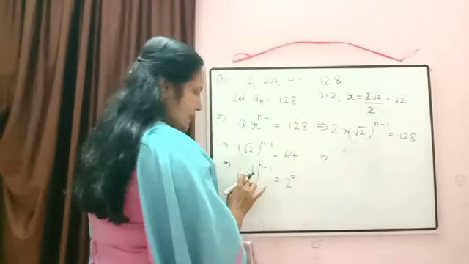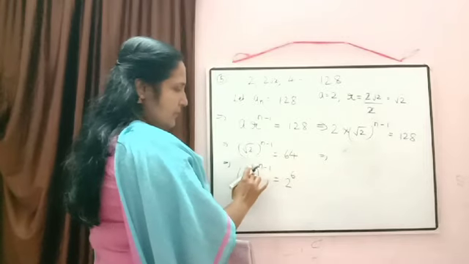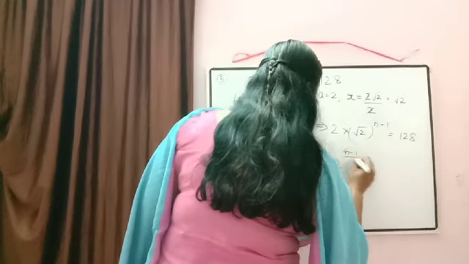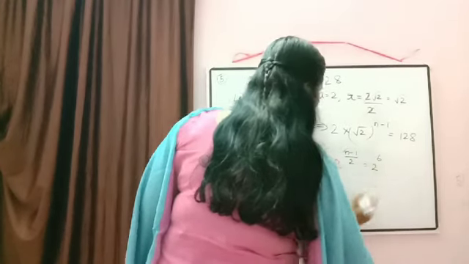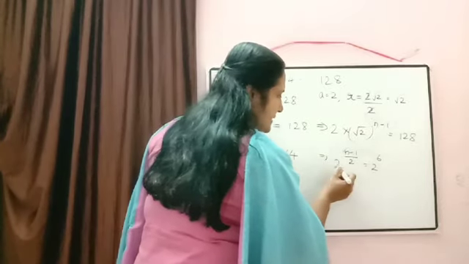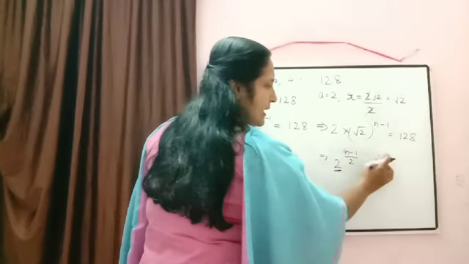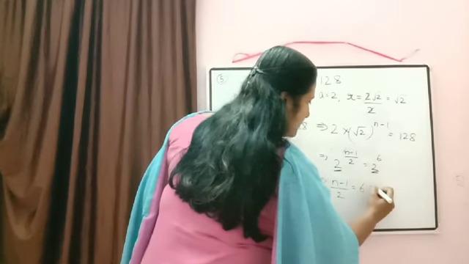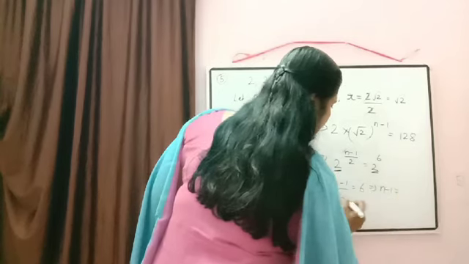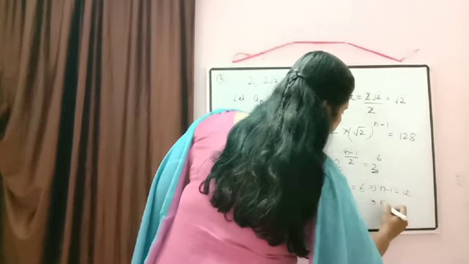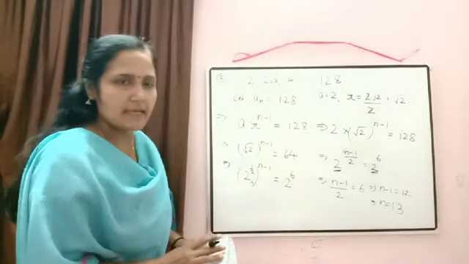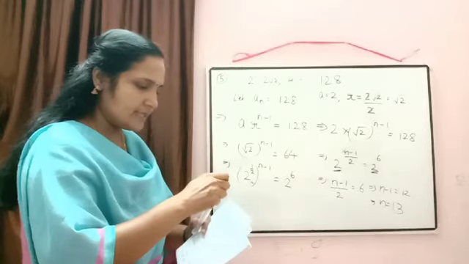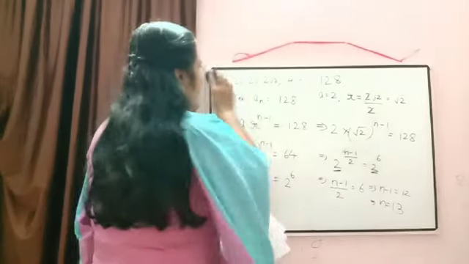Now here x raised to m whole raised to n will be equal to x raised to m into n. So we'll get 2 raised to n minus 1 by 2 is equal to 2 raised to 6. Now if the base numbers are equal, then their exponents also will be equal. So just equate it. n minus 1 by 2 is equal to 6. Then we will get n minus 1 is equal to 12 and from here n is equal to 13. So 13th term of the sequence is 128. Is it clear? Okay. Now we can check our next question.